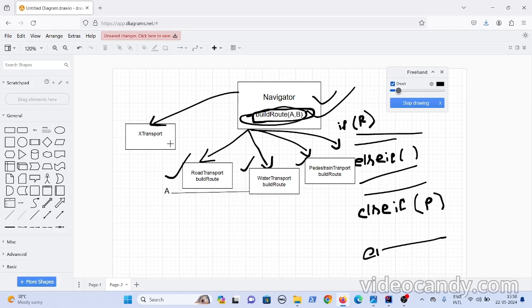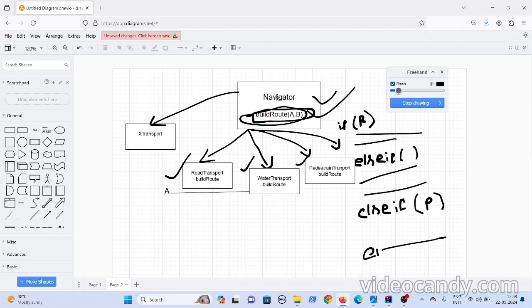Now this solution looks so simple. You might think, why do you need a separate pattern called strategy when the solution is so simple? You can just make use of inheritance, and you need not modify the existing code, right? But there is a problem here. Now this class is for the navigator. This class is not just for building routes. A navigator or a traveler has so many other behaviors. One behavior is that he wants to find the route. That is one requirement, but the navigator can have other requirements or behaviors as well.